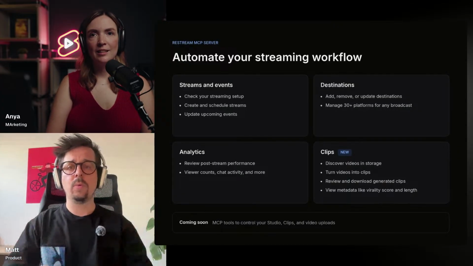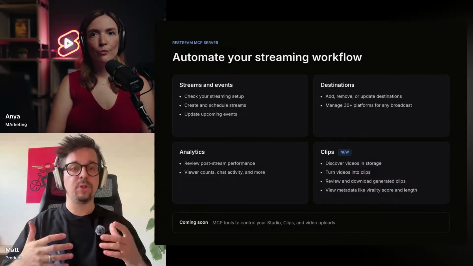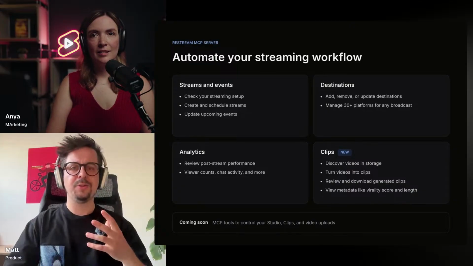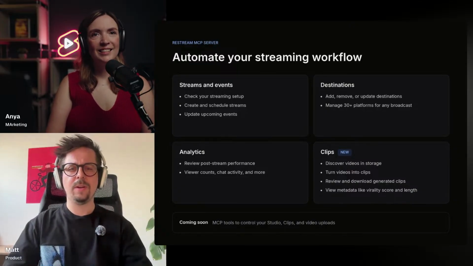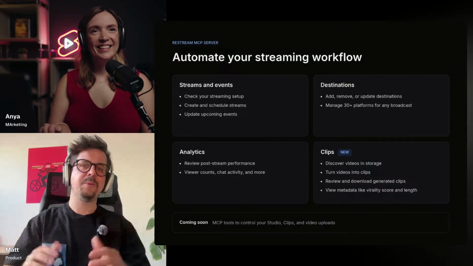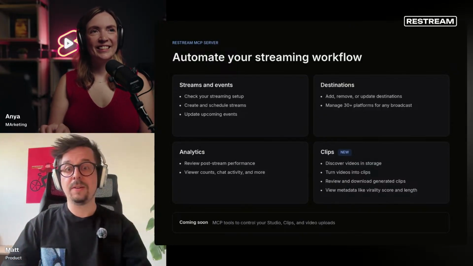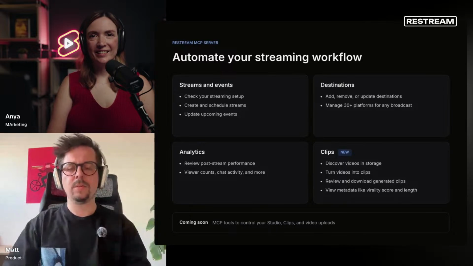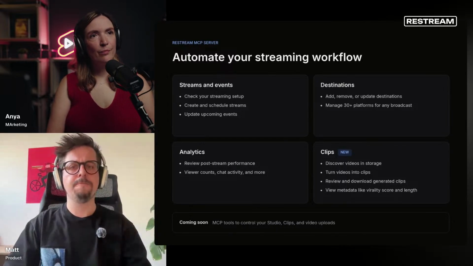Where are they going? What are the titles? What are the channels that you're going to go live with? So these checks and verifications, we see that quite a bit already. It's still pretty early, so we're waiting for you to also try it out and learn from that, hopefully. But I would say that in these two areas, before you go live and after, this is where it's most useful right now.